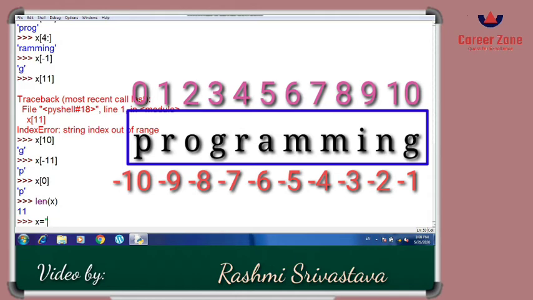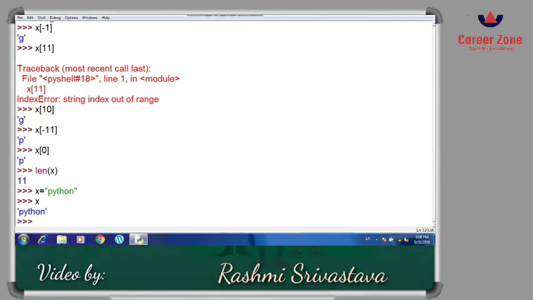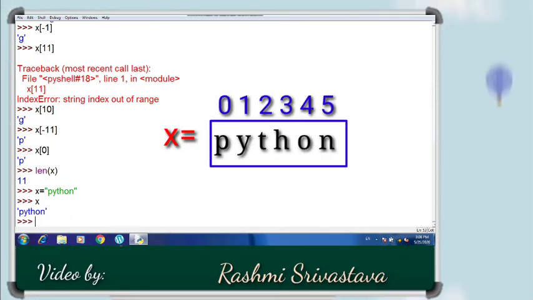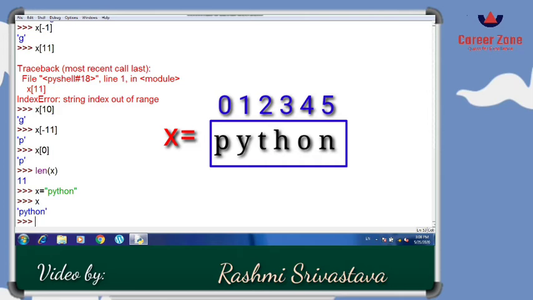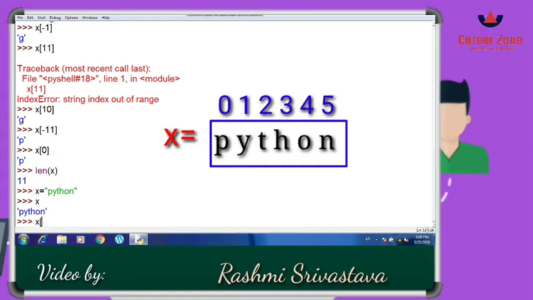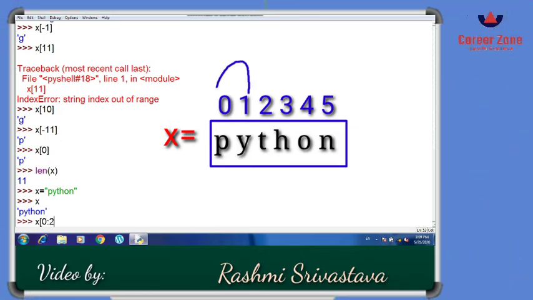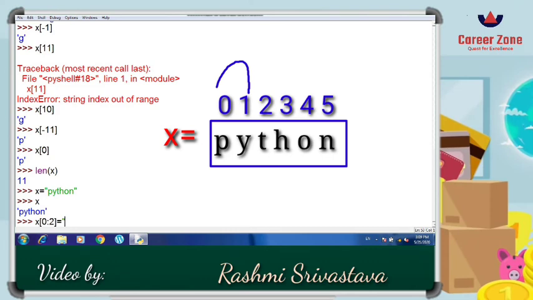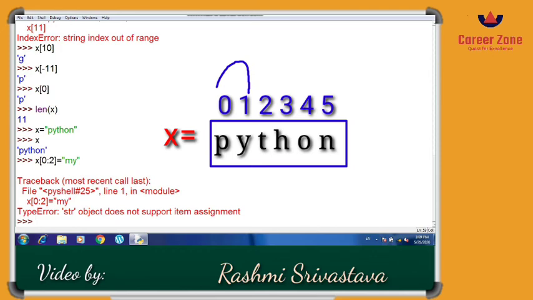Now let's say I want to change a few characters from any index in a particular variable. Suppose x is storing "Python", and I want the first two letters "Py" to be changed to "My", so it becomes "Mython". Can I do it by writing the index, as I know that it starts from 0? Let's try to do it. Suppose I write x[0:2], which means it will carry the positions 0 to 1. "Py" will be stored here, and if I write equal to "My" enclosed in double quotes, is it going to make any changes?